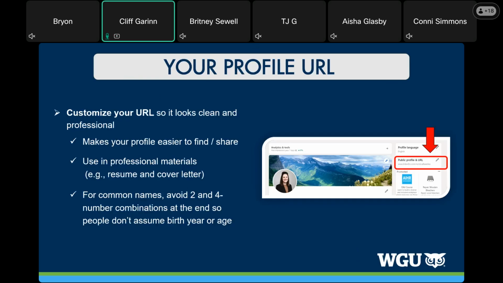Now, the other thing that I see often that I like to bring up is your public URL. So those of you, and this is why we're here, this is a good lesson. So look at the ones that people have already put their URL on, in the chat for you to look at. What you want to do is edit your URL to take out the letters and numbers at the end that are there.